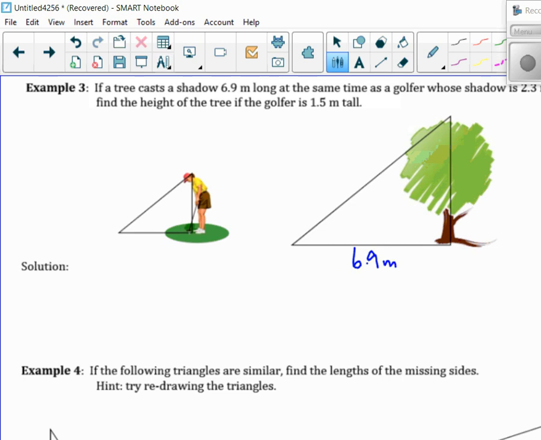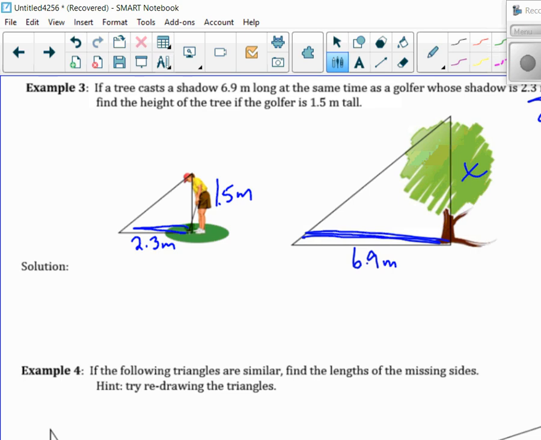The golfer's shadow is 2.3. Does everybody understand why I put those labeled there? Because if the sun is way up here, do you see this is casting a shadow on the ground? Yes, makes sense? The shadow isn't in the air, it's on the ground. You see it. Okay, and then the golfer is 1.5 meters high, and we do not know what the tree